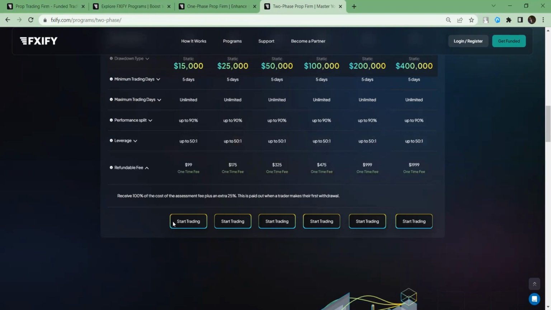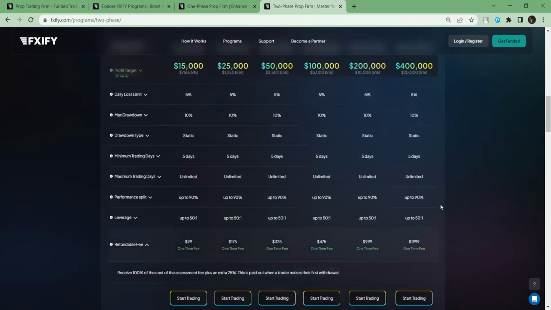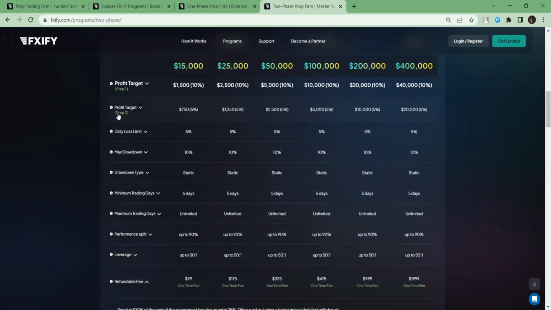Okay, so that's basically the differences between the two. The major difference is that one has 2 challenges, the other has 1 challenge. This one has a 10% drawdown, which is static, and the other one has a 6% drawdown, which is trailing. And guys, this is a huge difference. If you want quick money, it's always like that, but I don't want to say that the other one is bad and this one is good. No, I'm just trying to help you understand the major differences between the two. But if there are any other hidden differences, I'm going to come and let you know.